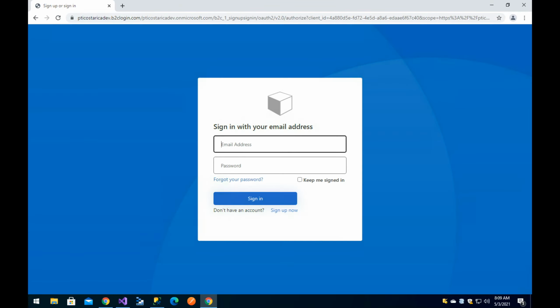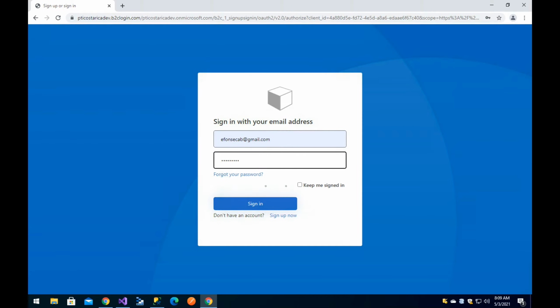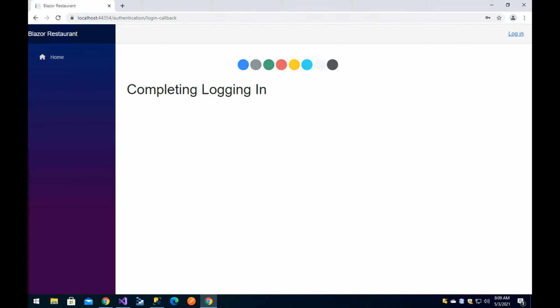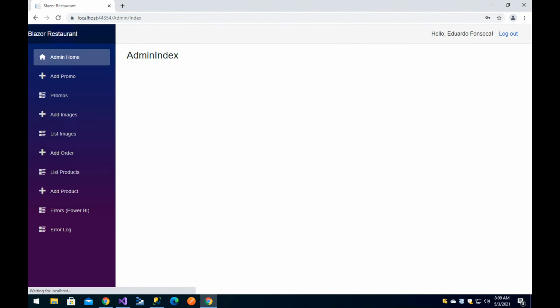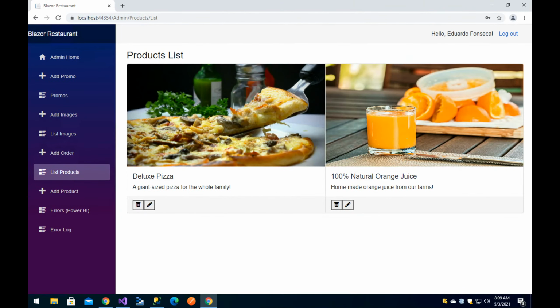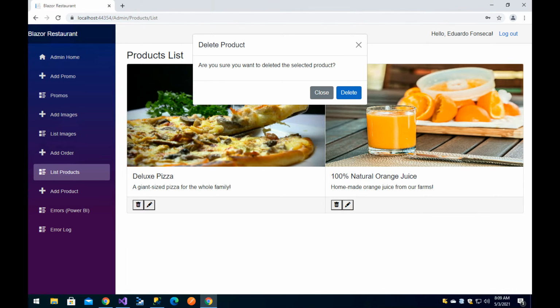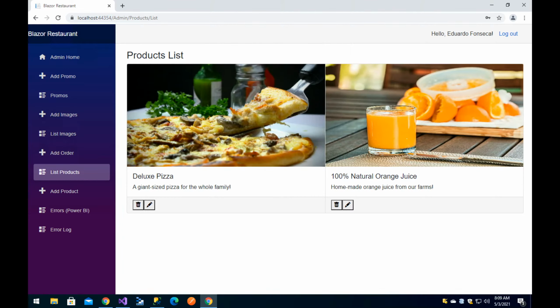Now let's log in. And we were on this. So let's try to delete it. Delete the product, right? Are you sure you want to delete? That's an extra D I should delete. Remove from there. Close. I don't want to delete it, right? I don't want to delete it, but if I go and delete,